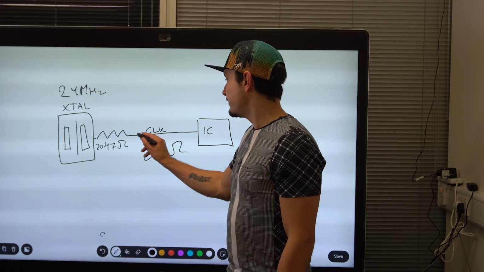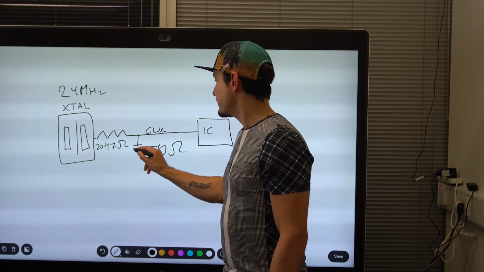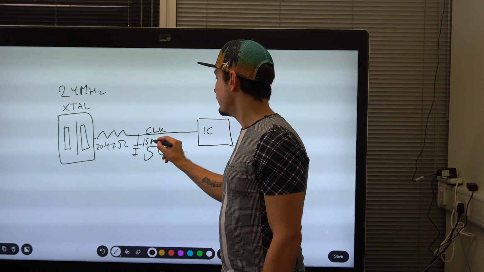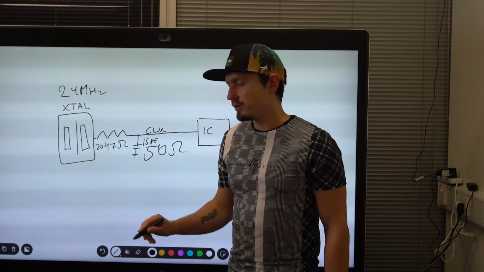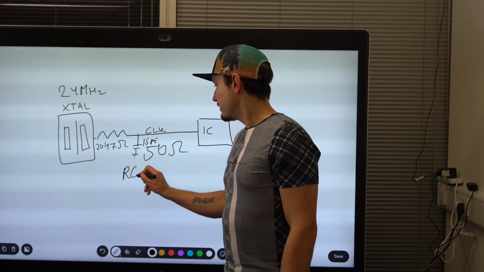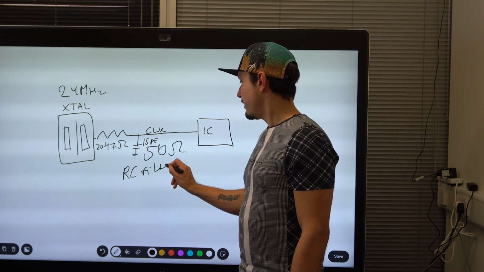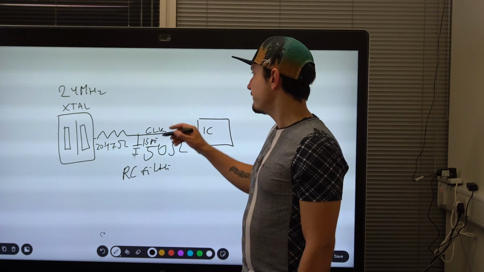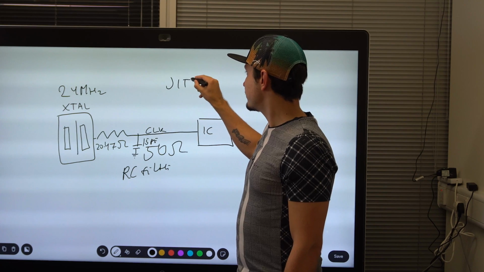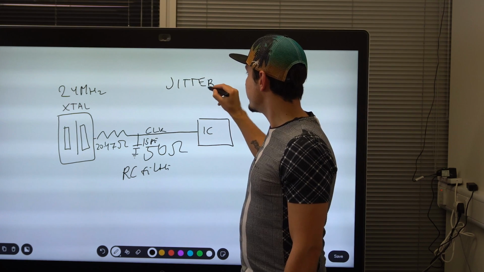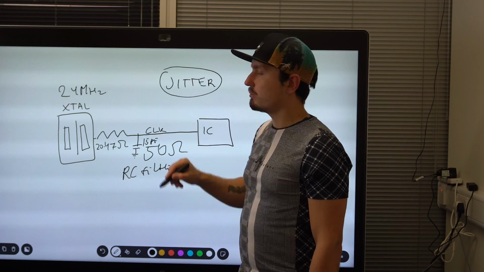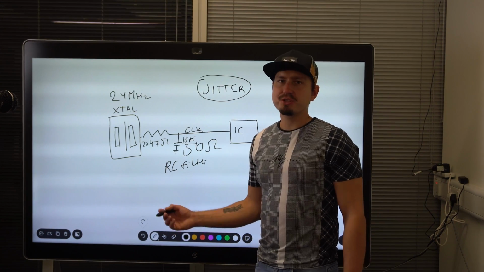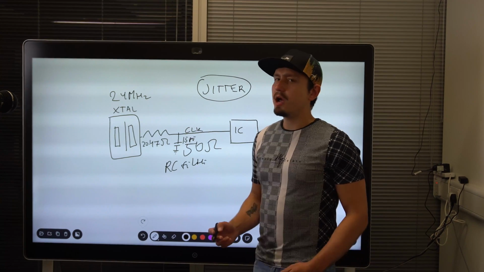Sometimes you may want to add 50 picofarad capacitor as well here, like I've shown earlier, which will basically create an RC filter and will slow down the clock edges as well. Like I said in the other video, inevitably this adds jitter to the clock trace, and this might be a big problem for you. Now let's say you've done a pre-scan of radiated emissions in anechoic chamber and you are